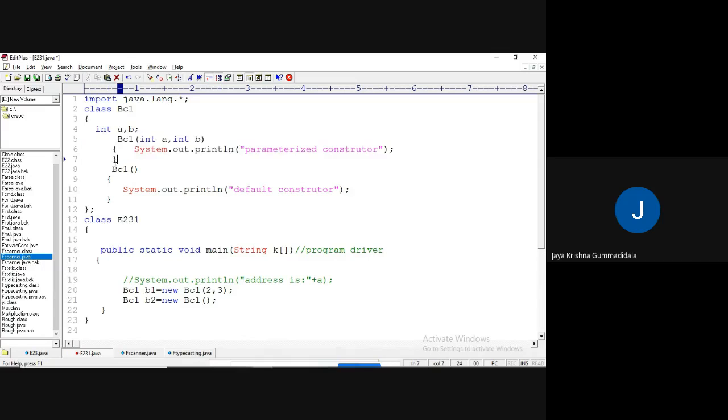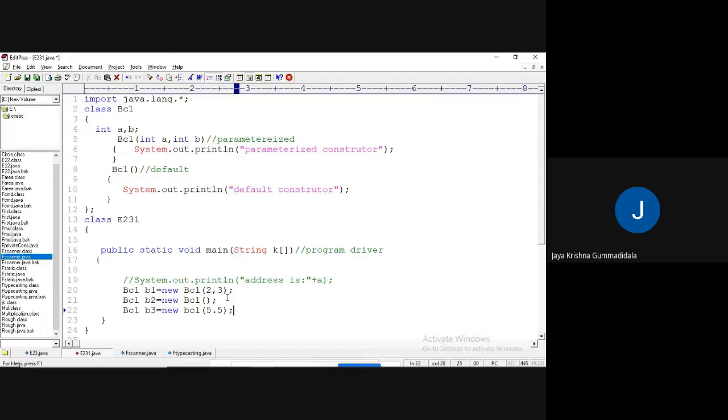This is one constructor. This is one constructor. This is parameterized constructor. And this is default constructor. Now if I pass like BC1 B3 equal to new BC1 of